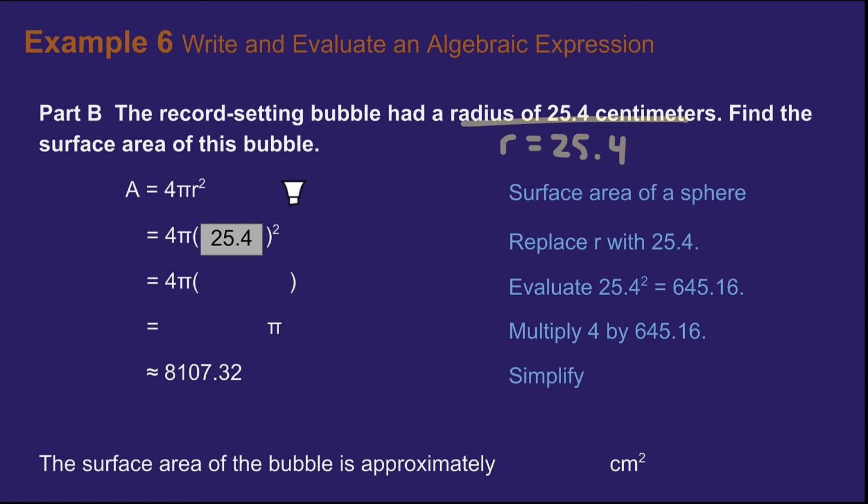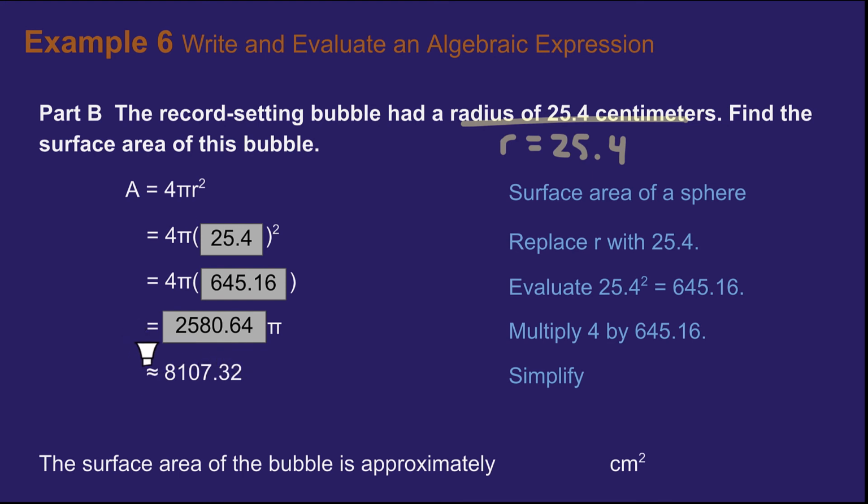Now, following order of operations, there's nothing really to simplify inside the parentheses, so let's move on to exponents. Using a calculator, 25.4 times 25.4 is 645.16. Now, multiplying that out by 4, we would get 2,580.64. Then multiplying it by pi, now we're saying that it's about